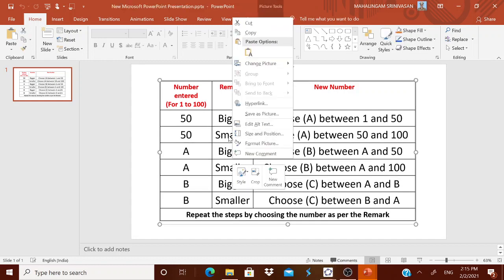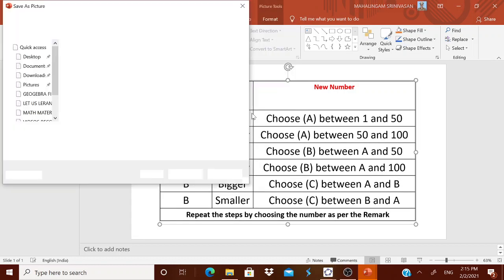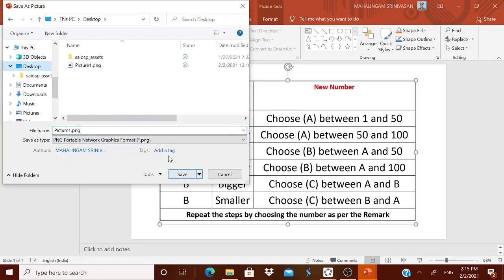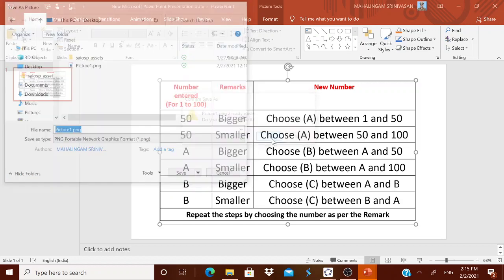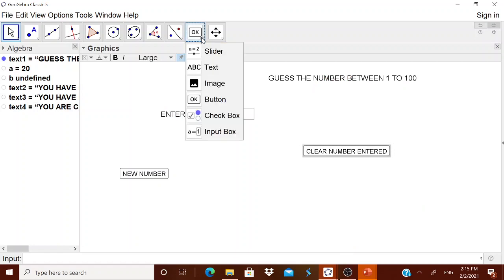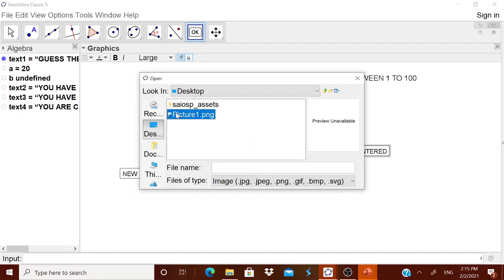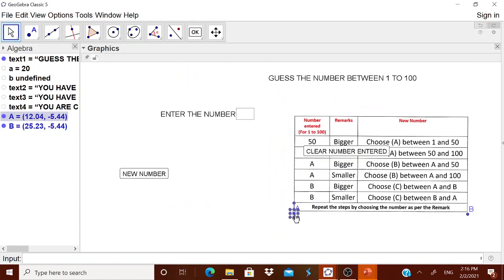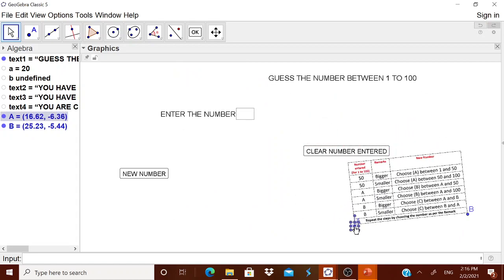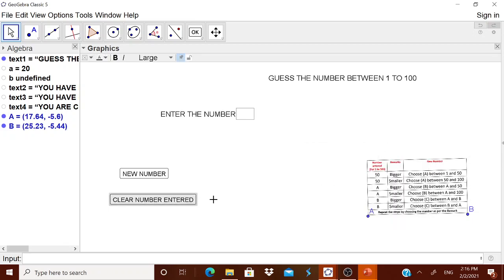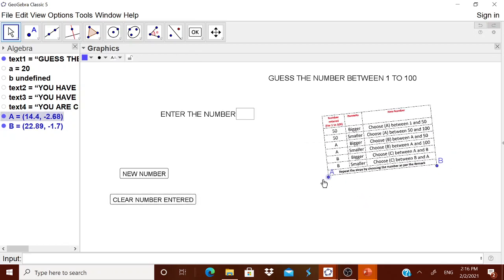Now this can be saved as a picture. In PPT I have typed it, and I want to save it as a picture, maybe on the desktop. Okay, I am saving it. Now come back to this. Here you go to this image, there you double click it. That image will come over here. You can reduce the size also, all of you know that the size can be reduced. This can be put over here, and you can give it as tips.